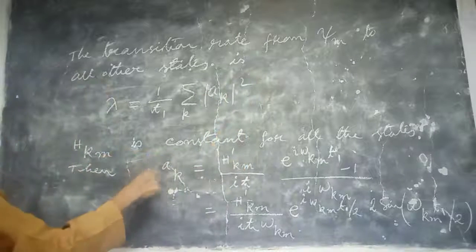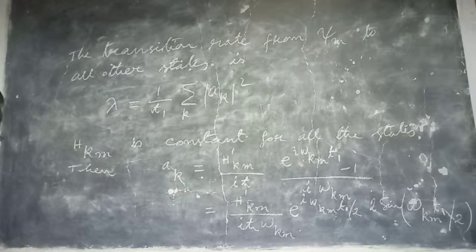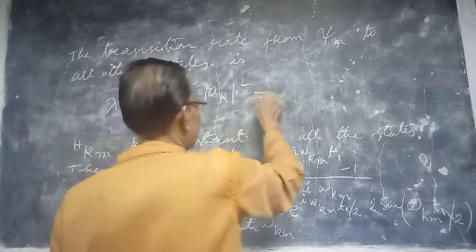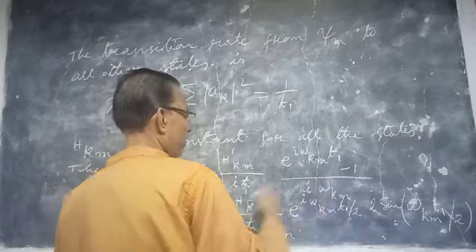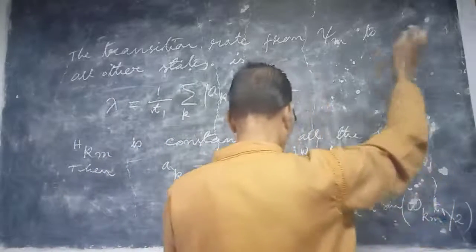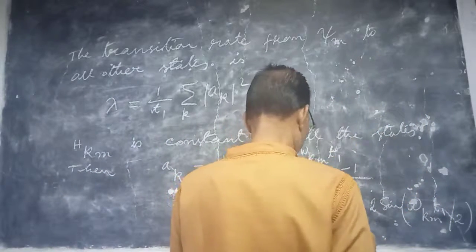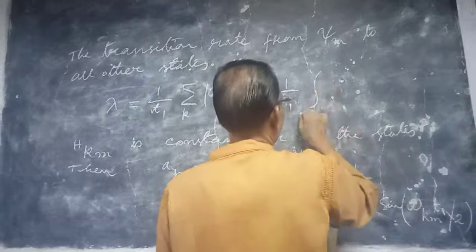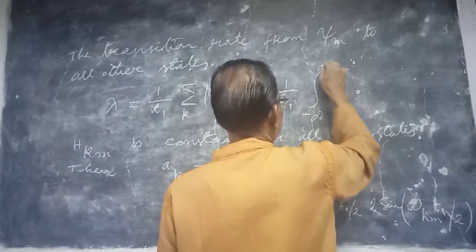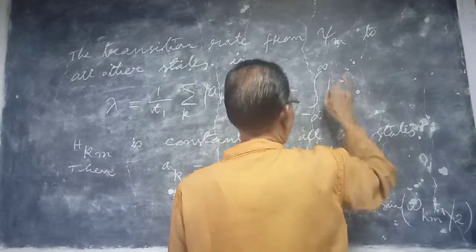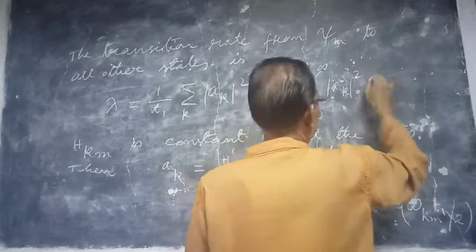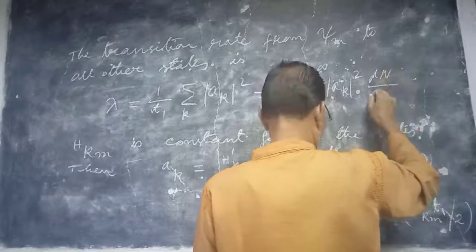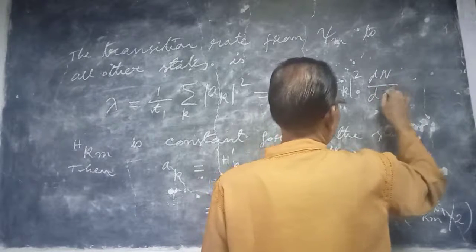If you take the mod square of this, you get the probability. So this is 1 by t1 mod square of this, and here you get the integral from minus infinity to plus infinity of ak mod square dn